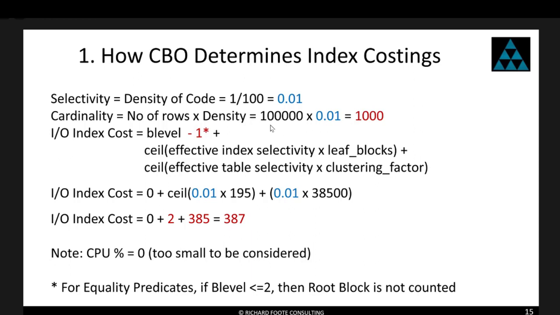If we now plug this percentage into this formula, the cost then becomes, what's the B level? The B level is 1. However, like I said, if the B level is 2 or less, Oracle does not include the root block. So effectively,